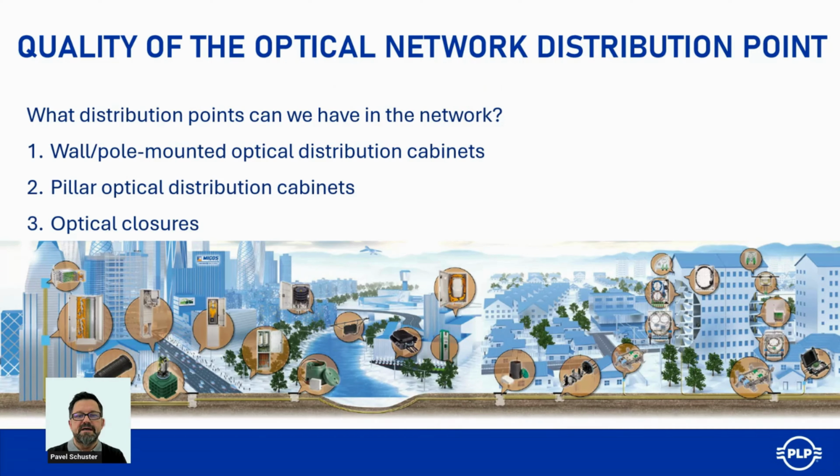Alrighty then. Distribution point. We have different forms of distribution points in a fiber optic network. It can be either a wall or pole-mounted optical cabinet, or let's say an enclosure or box. Usually, it's placed indoor as well as outdoor. It means it can be placed inside, let's say, a basement, or on a facade, or on the telecommunication pole. Then we can have a so-called pillar